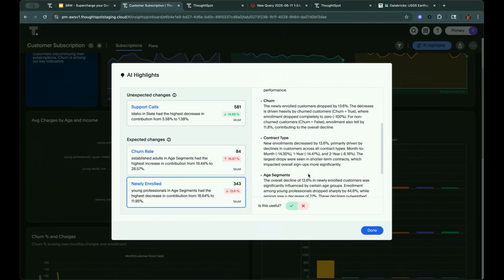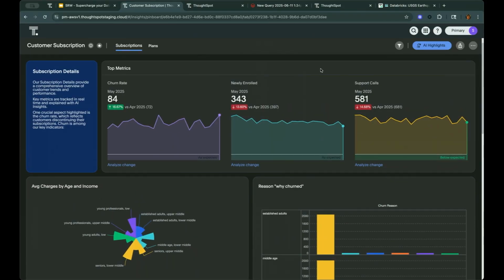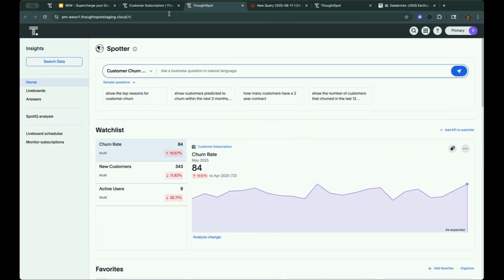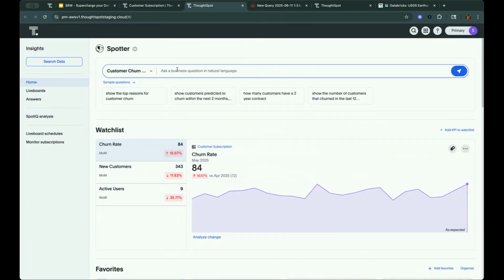And I find this to be a very helpful way to spur my thinking so I can start to ask natural language follow-up questions using Spotter, which is ThoughtSpot's AI analyst, available here on top of any answer in a live board, or through the home page. I can come in and select a data model, for example, this customer churn Databricks data model, and start conversing with it directly. So I'll provide an overview of the various skills that are available here in Spotter now, and